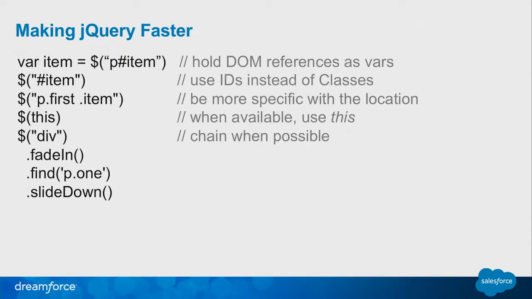So we have jQuery on our page. We have noConflict running, right? So that we know that we're talking specifically to our jQuery library. We can get around various aspects of Visualforce. When we're actually using jQuery and we want things to run as quickly as possible, the next thing we need to do is remember in general how jQuery is basically working. One of the things I find is that jQuery makes things so convenient that it's very easy to write bad JavaScript with it. Remember that first line, when we say item equals $ ID of item, what jQuery is